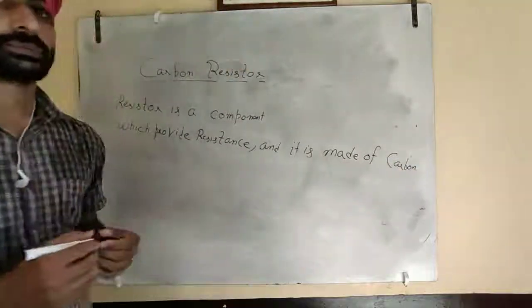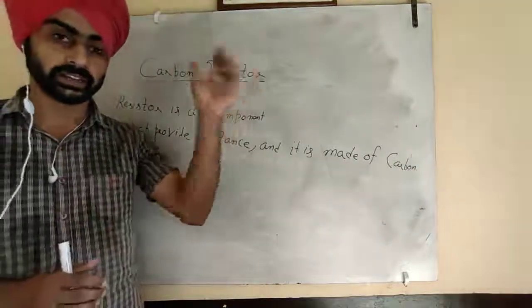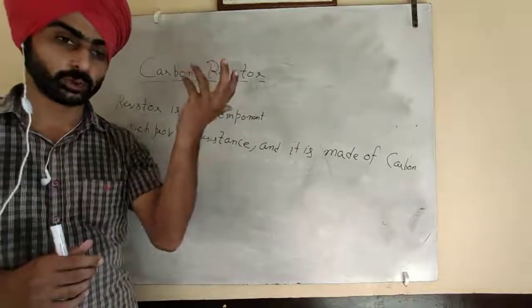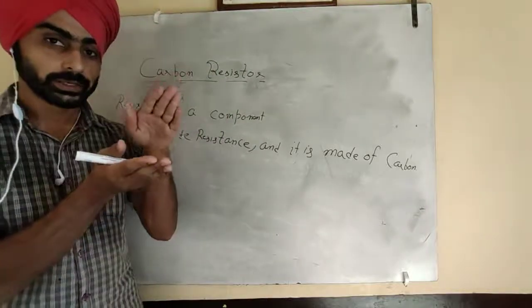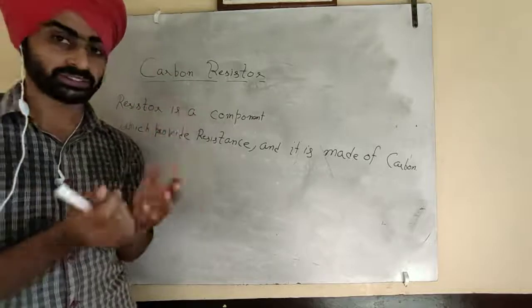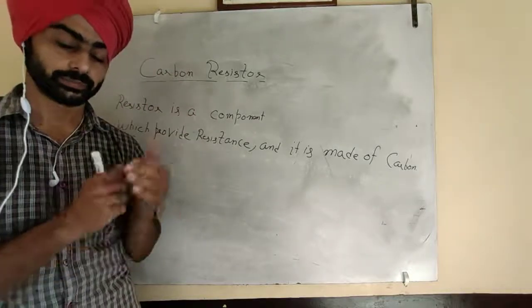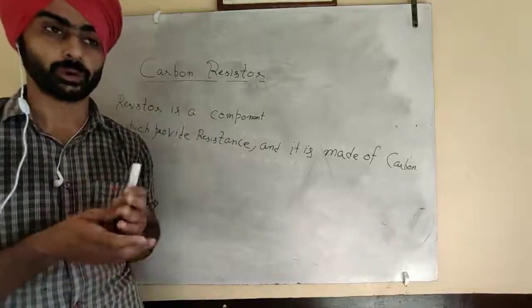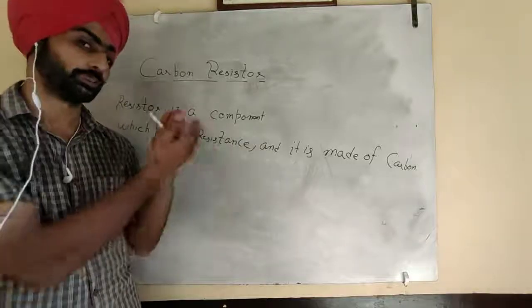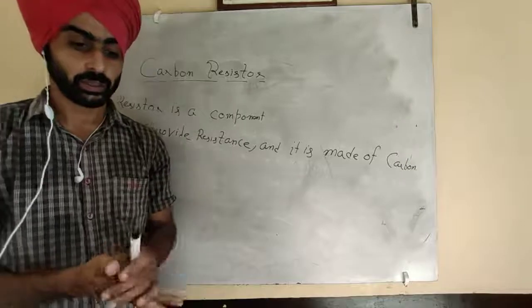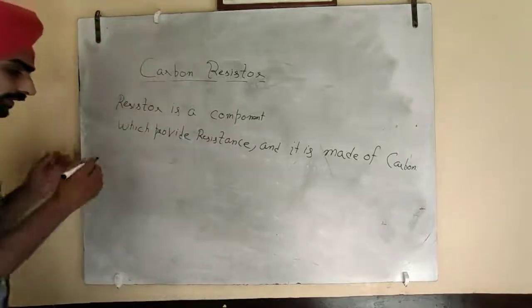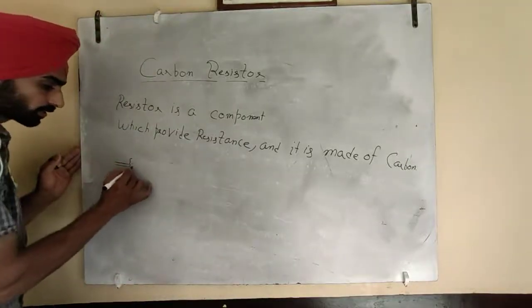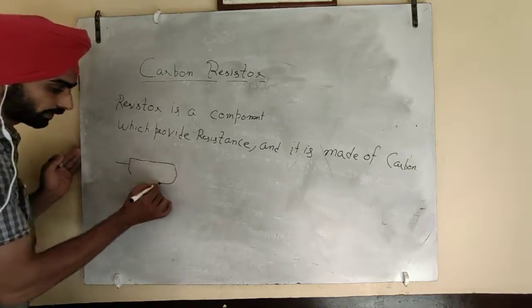Okay, suppose a current is flowing in the conductor and the value of current is too high, and suppose we want to decrease the current, so we will use a resistor in the circuit to decrease the current, because it will oppose the flow of current. What is resistance? Property of the conductor by which it opposes the flow of current. So when you go to the market, you buy a resistor like this. It's like this.